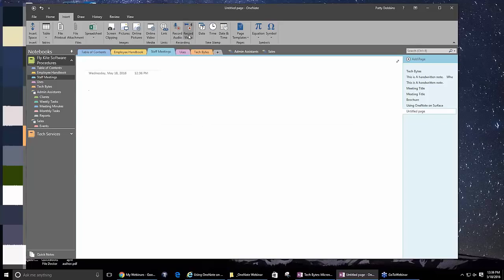But you could click record, or if you have a webcam, you could do record video. And once you click that, it's going to put a little icon here that shows you that you're recording. It'll take you to the recording screen where you can stop the recording when you're ready to. But the